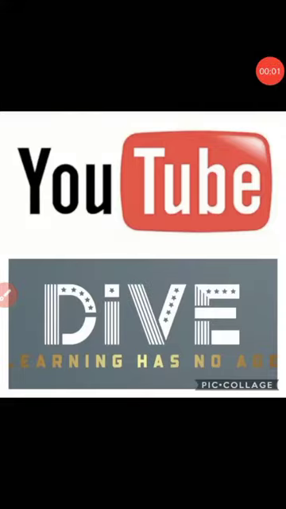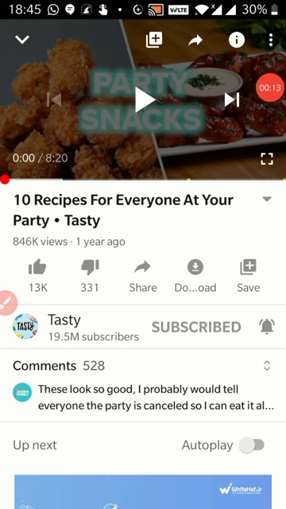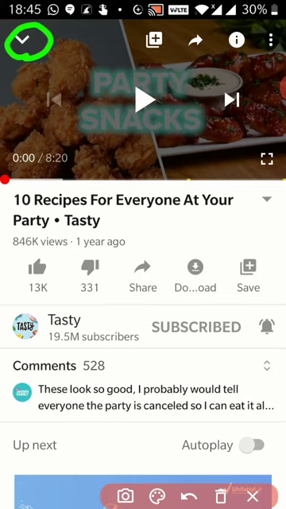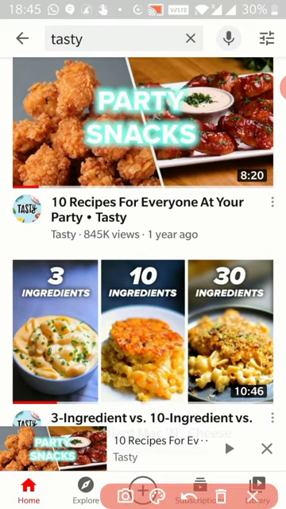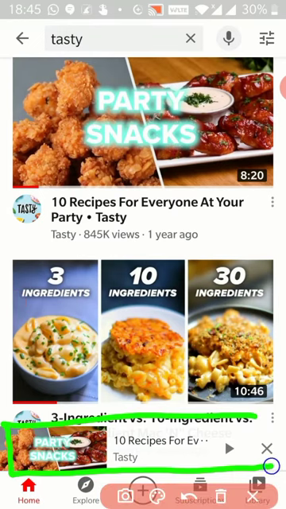Hello everybody, in this video we will be looking at the options that we get when we view any video. So let us go and open any one video that we want to look at. Here I have one video opened that I want to watch. I'll go from top to bottom. First you will get an arrow like that. When you click on that, the video will play over here in a mini play option.